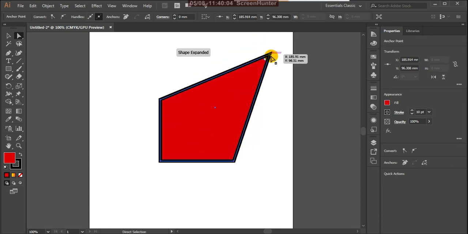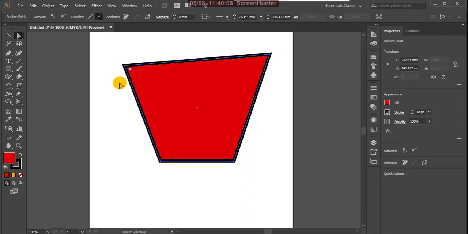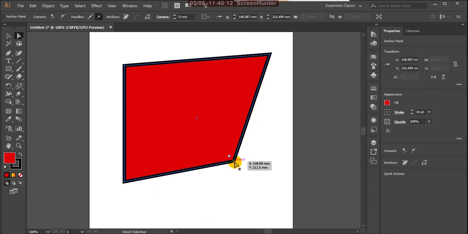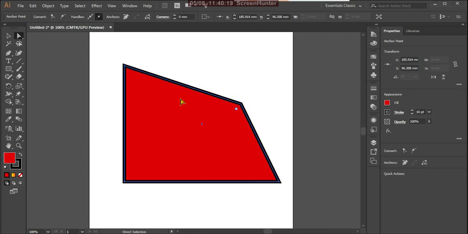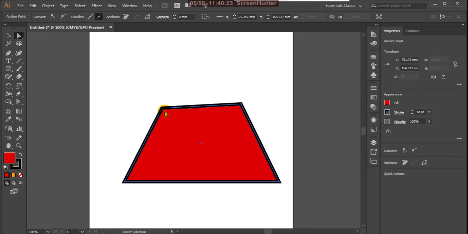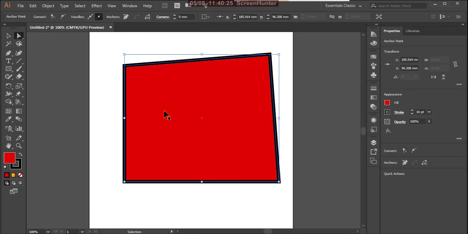See, I changed the shape. For preparing logos and some design editing, this direct selection tool is very helpful. Okay, so Control Z.